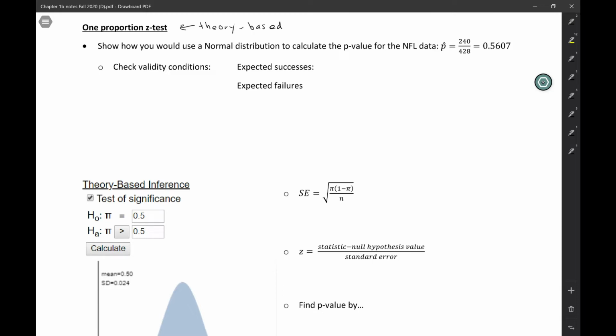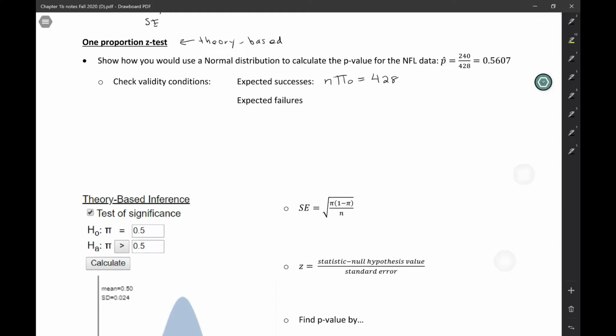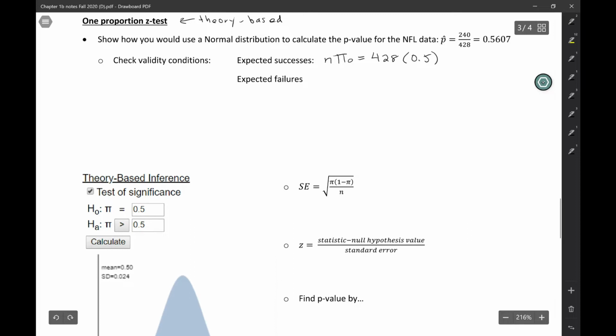So we have to find the number of expected successes and failures. So the expected successes, that's going to be the sample size times the value from the null hypothesis. So in this example, our sample size is 428, and our null hypothesis was that the rule was fair, that whether you won the coin flip or not, you had an equal chance of winning the game. So the value in the null hypothesis was 0.5, and that comes out to be 214, so definitely bigger than